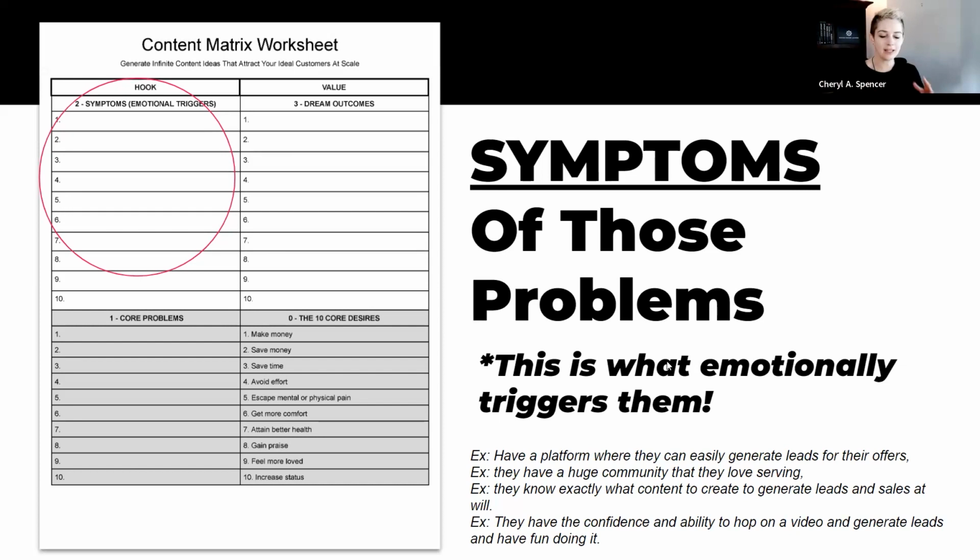And this might take some thinking, this might take some contemplation. Like, if you are teaching people about a problem that you've solved, for instance, then think back to when you did have that problem. What were the emotions going through your mind? Like, what were the things that made you really frustrated or feel overwhelmed?